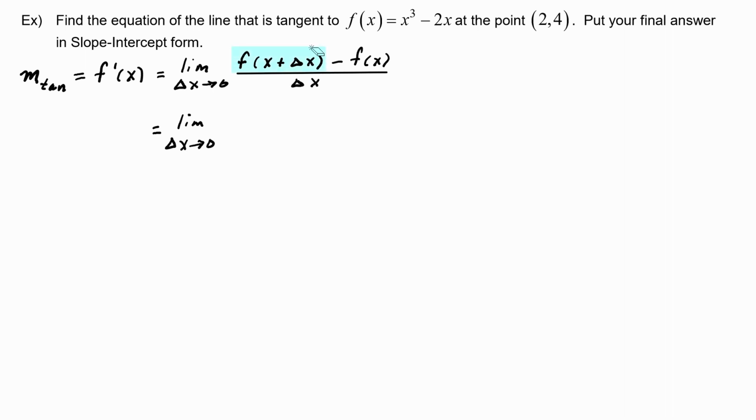F of x plus delta x means we have to plug in x plus delta x everywhere we see an x in the function. So that's going to be x plus delta x cubed minus 2 times x plus delta x. Then we have to bring down that minus sign, and then we have to put f of x, which is x cubed minus 2x,